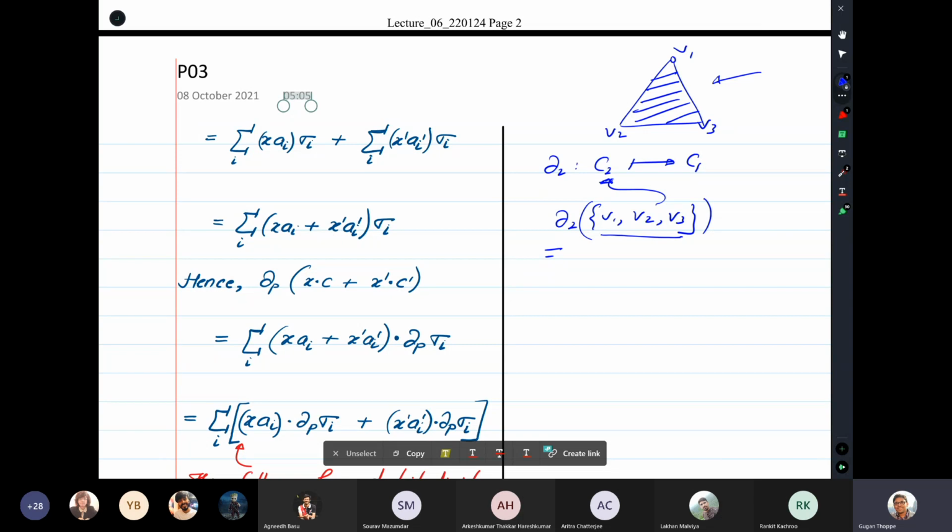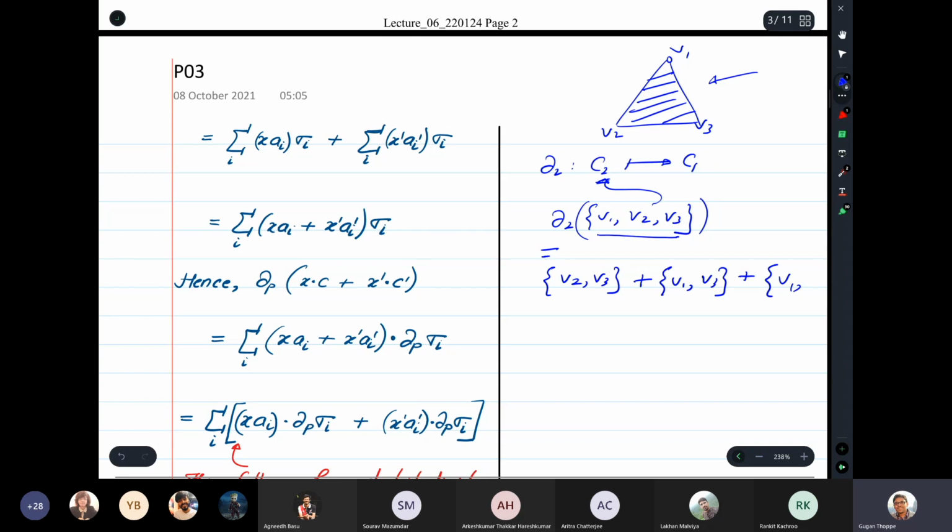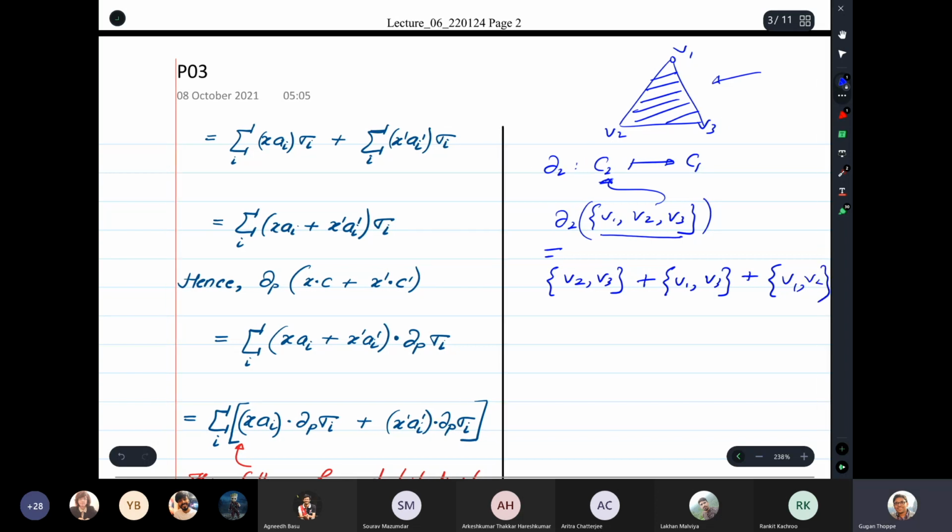So by following the rule, I have to drop one vertex at a time. So I'll first drop the first vertex, then I will drop the second vertex, and then let's say I drop the third vertex, right? Sorry, it should be v1 v2. So again, you can see that if you give a triangle as input over here, the boundary faces are these three edges, and once you apply this operator, you get a combination of the boundary